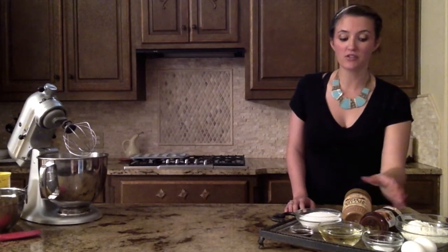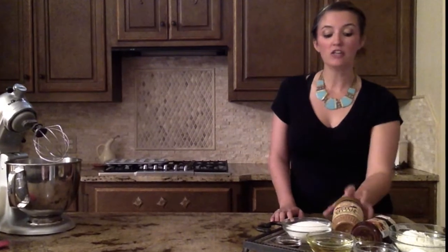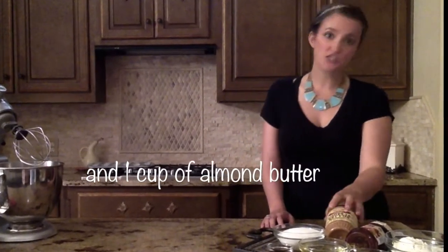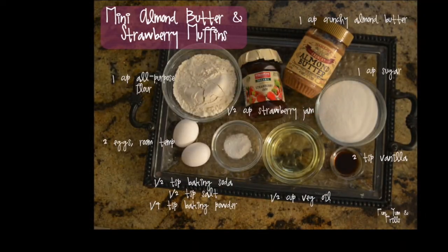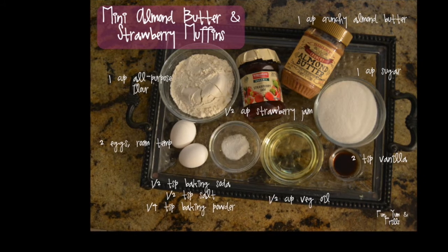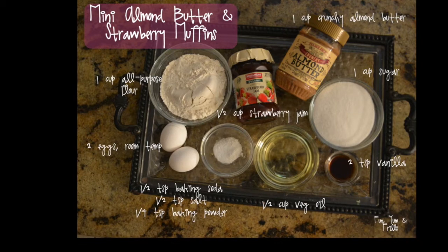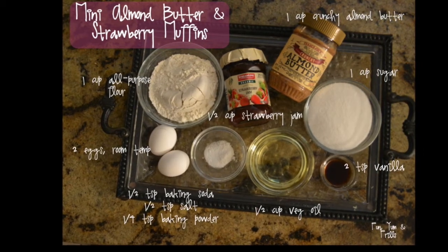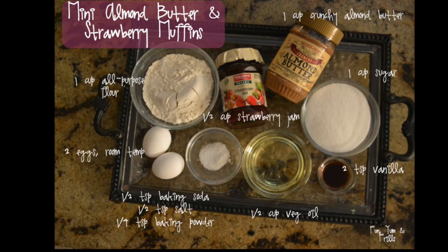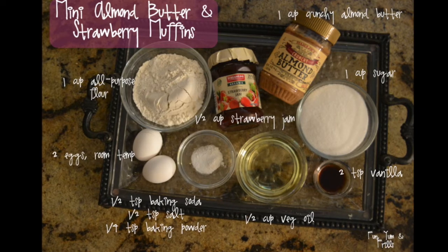You've got your key players, obviously your strawberry jam, which you can also use strawberry preserves, and you've got your crunchy almond butter. You can do creamy if they don't have crunchy, but I personally think this recipe is better with crunchy. You'll also need 1 cup of sugar, 2 teaspoons of vanilla, a half a cup of vegetable oil, a half teaspoon baking soda, half teaspoon salt, and a 1/4 teaspoon of baking powder, and then 2 eggs at room temperature. When you're baking, you'll always want your eggs and your butter at room temperature,